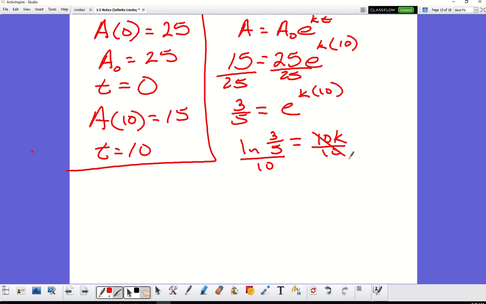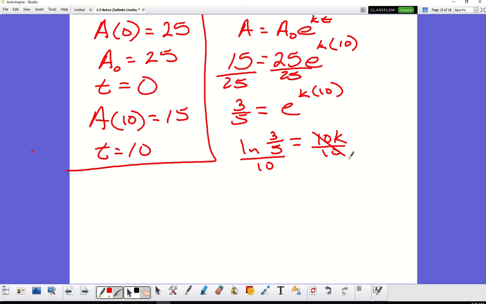I'm just going to leave it in that form right now because when I plug it in later, it's going to be so much easier. And I don't want that decimal yet because the decimal means that it's been rounded at some point. Don't round until the last step whenever you can. All right, so now we have a k value. So we have everything we need for this function.